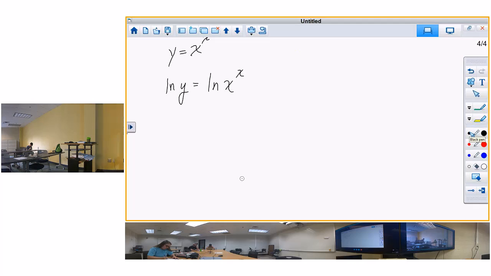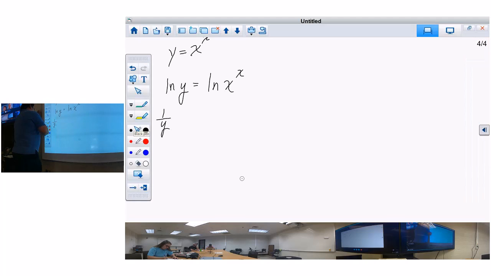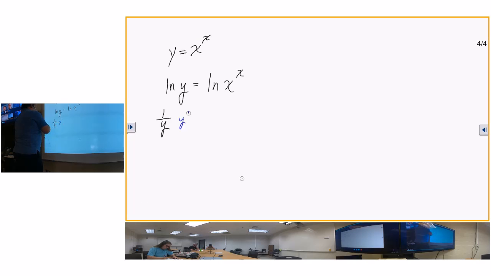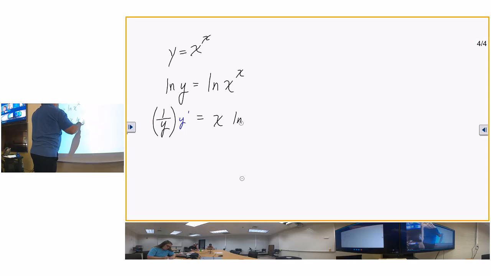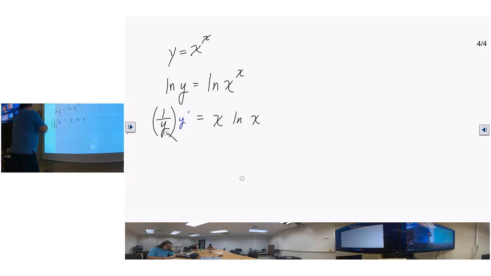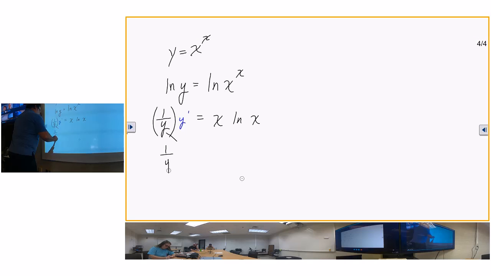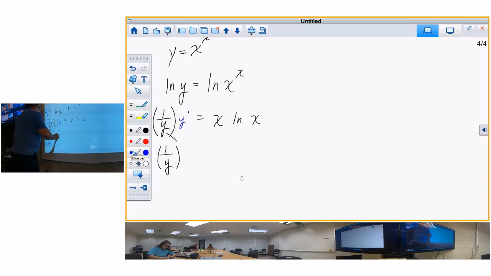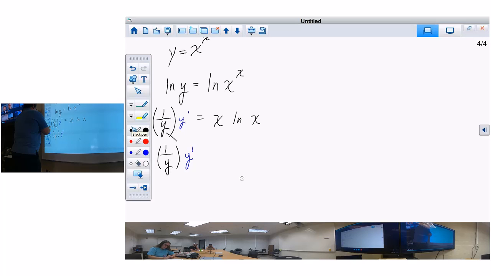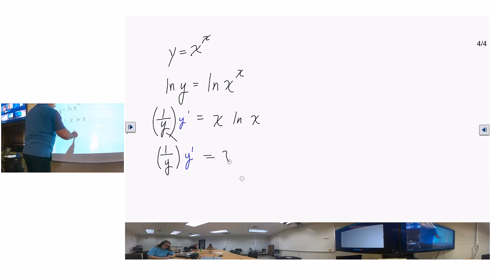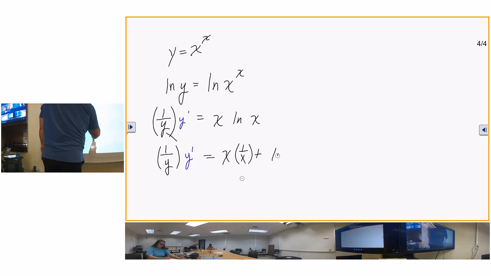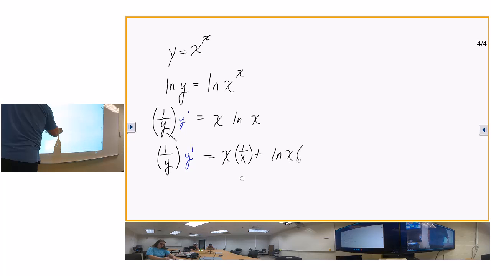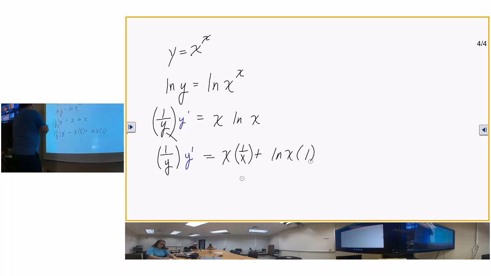That's going to give you 1 over y times y prime is equal to x natural log of x, and 1 over y times y prime is equal to first times the derivative of the second plus the second times the derivative of the first. And that's going to give you